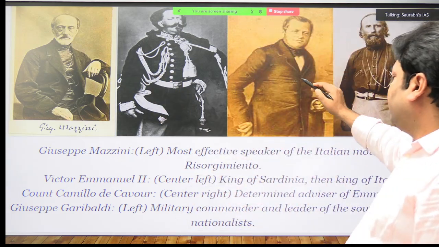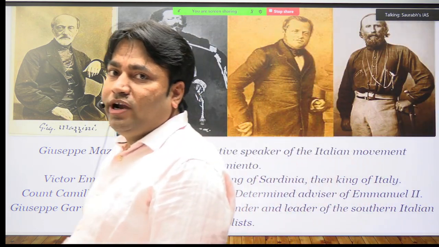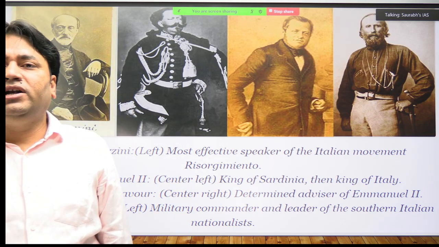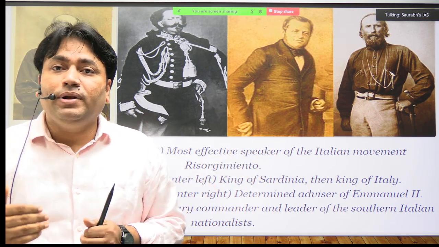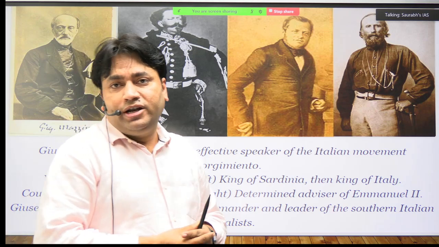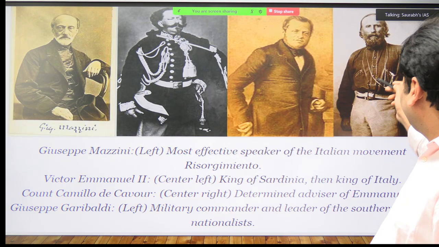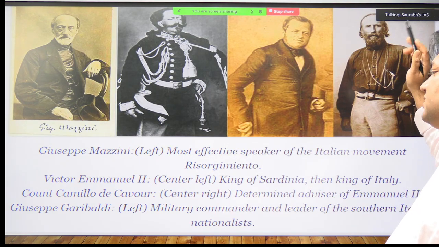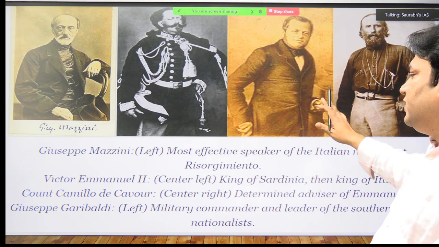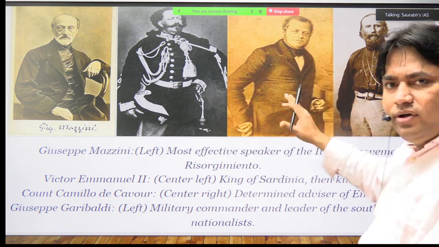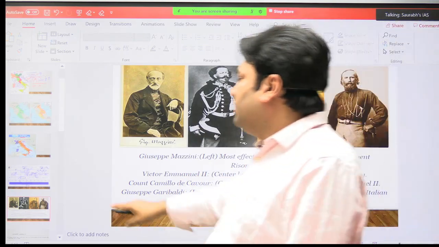Now this person is Cavour. He was the minister. Who appointed this minister? Victor Emmanuel II appointed this minister. Why was he appointed? He was appointed to complete a special task: the process of unification of Italy. Now this person is Garibaldi. So we have discussed all these. Now let's discuss some more informations here. कुछ और informations देखते हैं, then I will enter the topic.